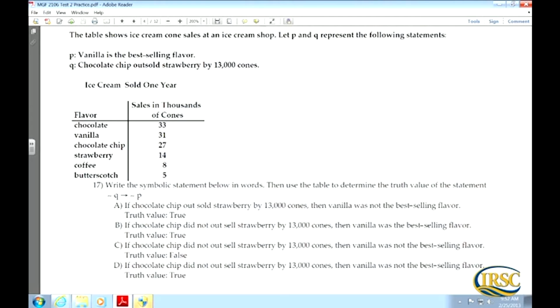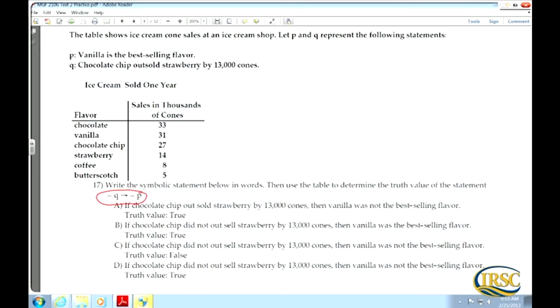Okay, the first thing it wants you to do is write the symbolic statement below in words, and then use the table to determine the truth value of the statement. Here is what we're translating into words right there. So if not Q, then not P. And so looking at what P and Q are, I have to say if chocolate chip did not outsell strawberry by 13,000 cones,